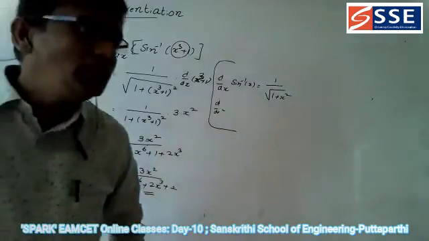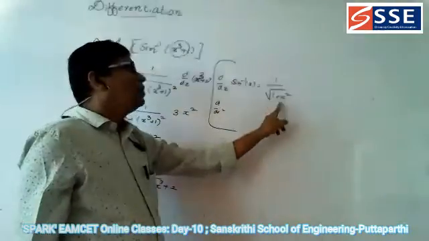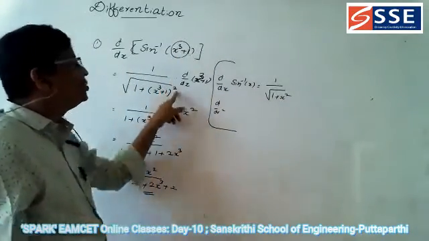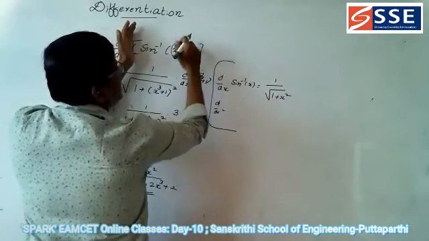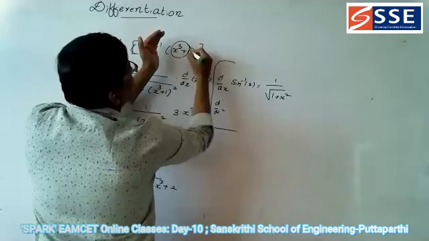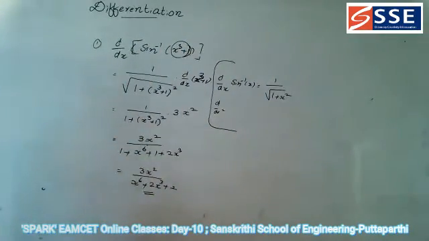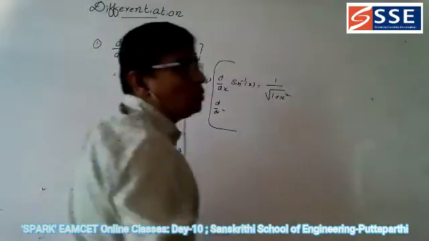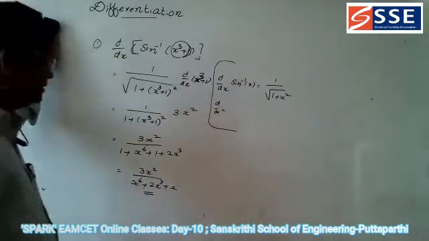So what is the answer? Differentiation of sine inverse x is equal to 1 by root of 1 plus x square. In the place of x, x cube plus 1 is there whole square. And again, totally you should do the differentiation first. Again, inside there are some other x coefficients, that's why go for differentiation of the inside term also. Like that if you do, automatically you get the answer. So this is another trigonometric problem. This was also asked previously, 3 or 4 years back.